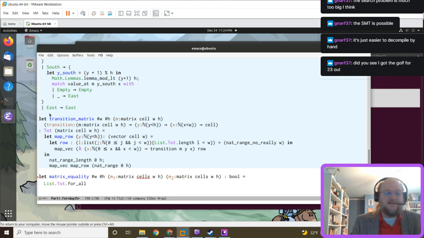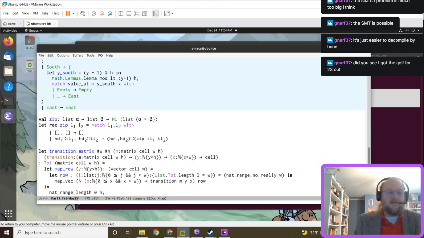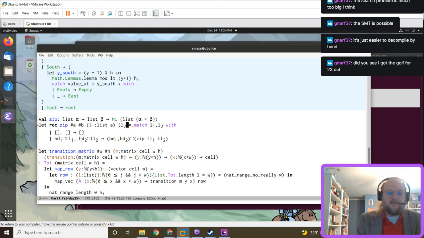All right, let's write zip. So we need the lists to be of equal length. All right.